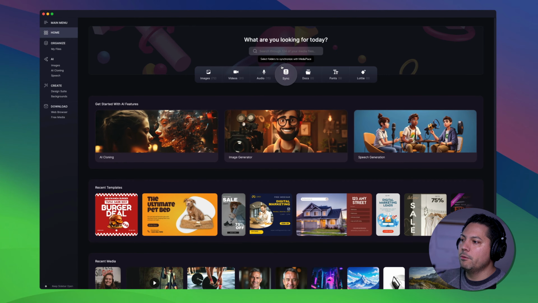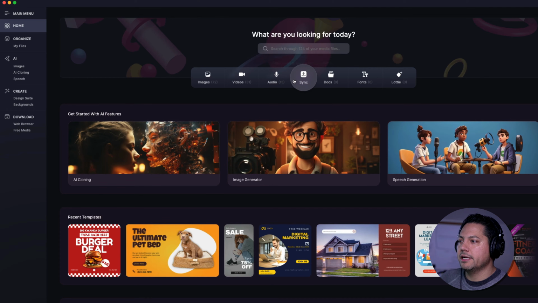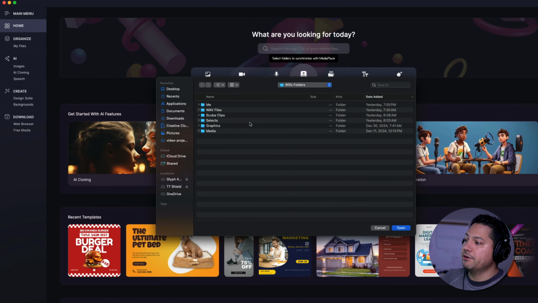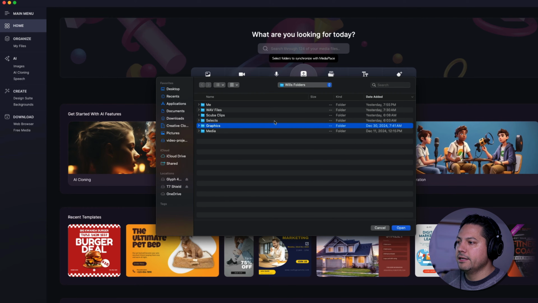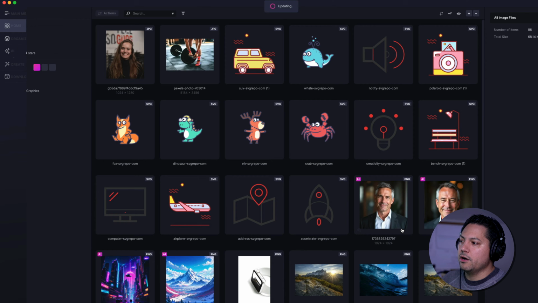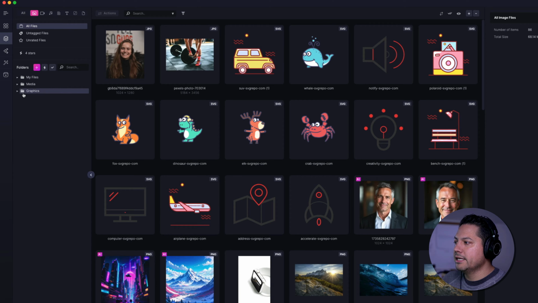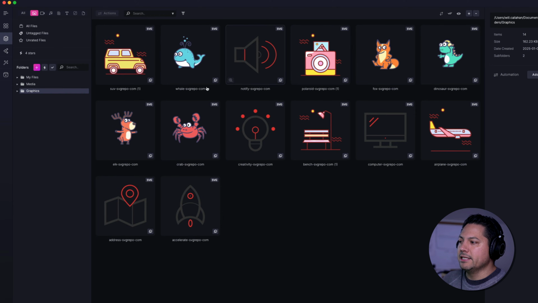So up at the top on the homepage, you have the ability to select folders to synchronize inside of MediaPlace. So I'm going to go ahead and select this, and it's going to open up my Finder window. So you're going to navigate anywhere on your hard drive that you have a folder, and I'm going to select this graphics folder that I've got here inside of another folder, and I'm going to click open. All right, and so immediately it synchronized that folder and all of the media inside it into MediaPlace, right,